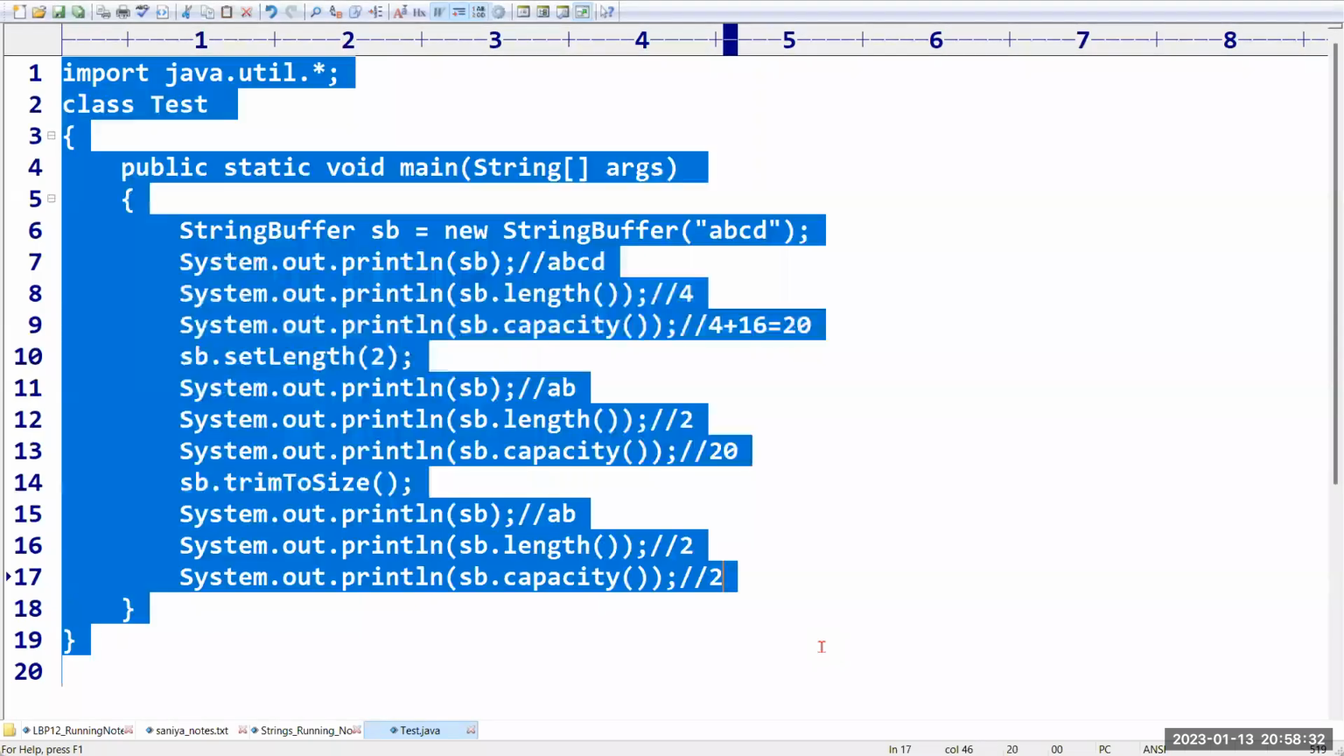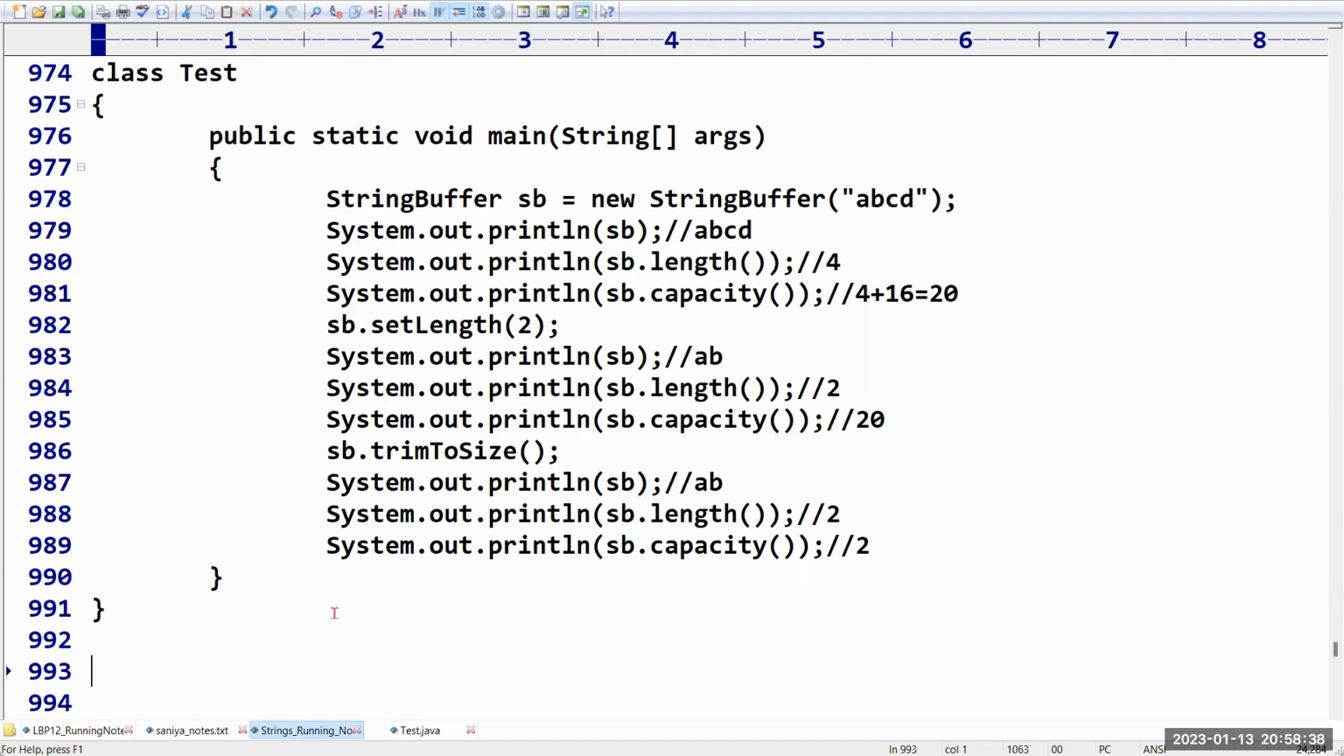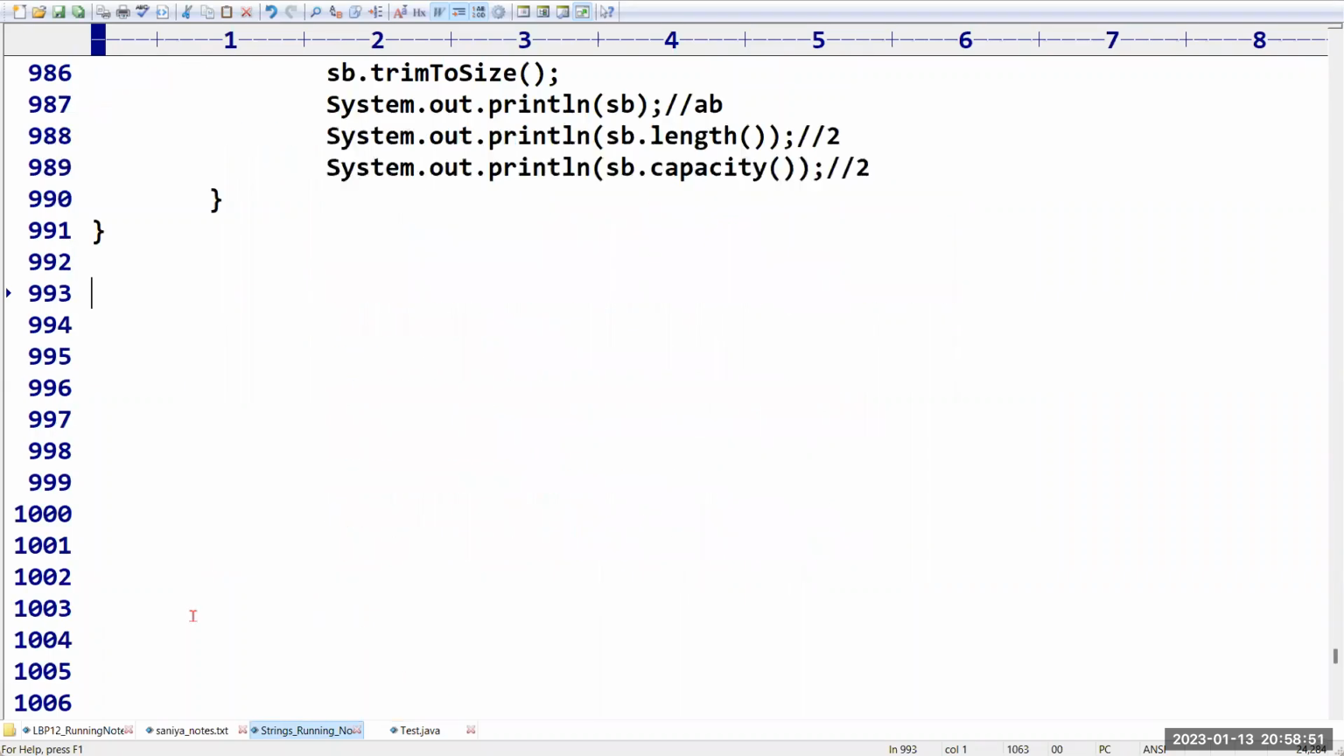Okay, this is the way you can work with StringBuffer. I hope these length and capacity related methods are clear for you, right? Any doubts? Please confirm. Any doubts, friends? Right. So the next one that we have here is